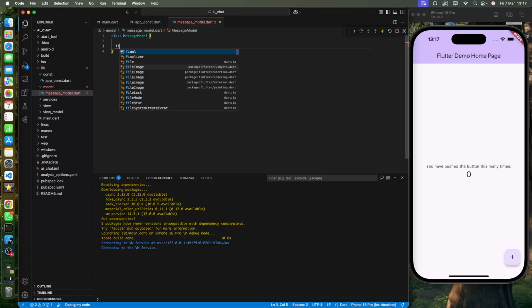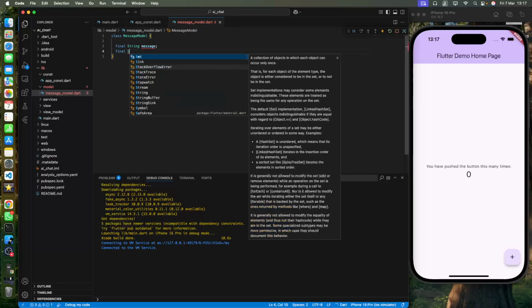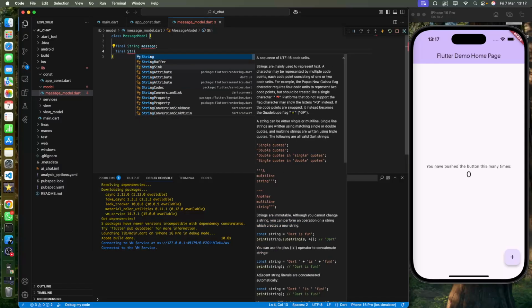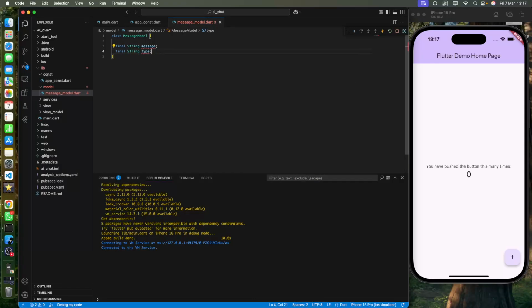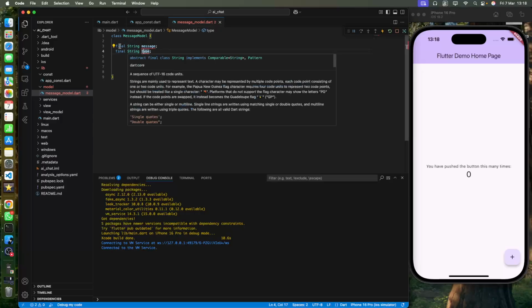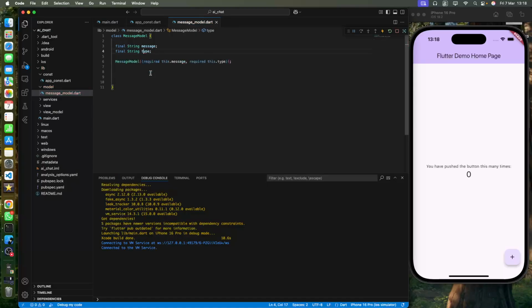So let's provide final String message, final String type. For type, we can consider the user message as question and the API response as answer. Let's make a constructor for this. Simply click on this variable and click on this bulb icon to create a constructor. And inside services we'll make a file named